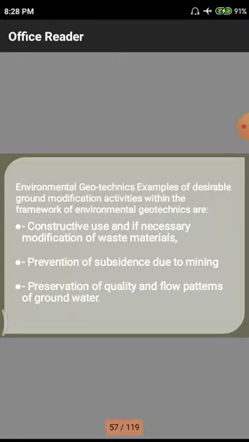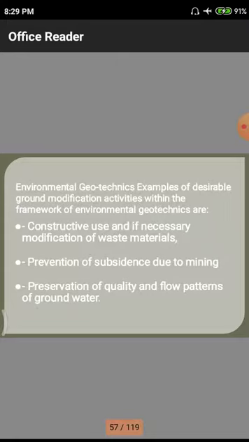Next one, prevention of subsidence due to mining. That means mining, not related to coal and other chemical materials. This is entirely related to our sand. That means sand is mined from the river beds and others. Next, we are mining coarse aggregate from the huge amount of hills and others, so that due to those minings we are not having some physical features. After a few years, the physical features will disappear due to this excessive mining.